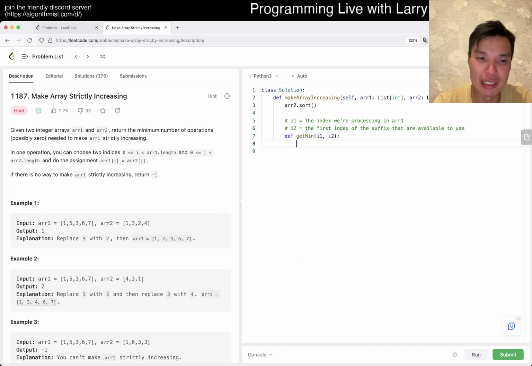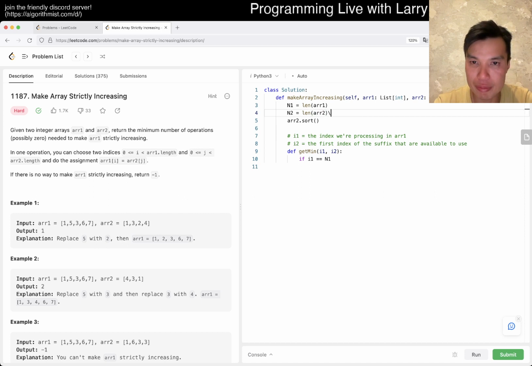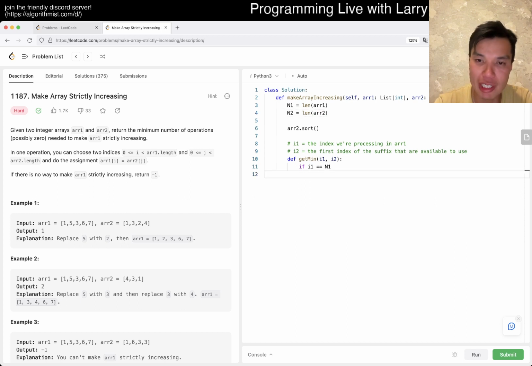And then basically, yeah, n1 is equal to the length of array 1, n2 is equal to the length of array 2. If i1 is equal to n1, then what happens? Then we're basically done, right? So we return 0. Otherwise,